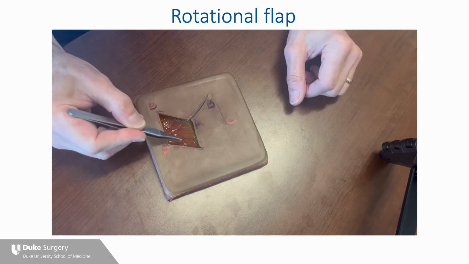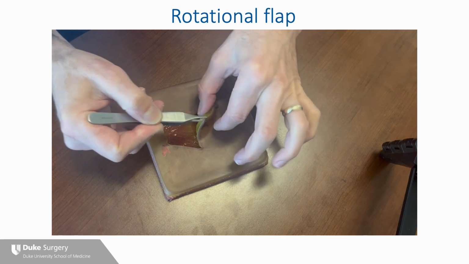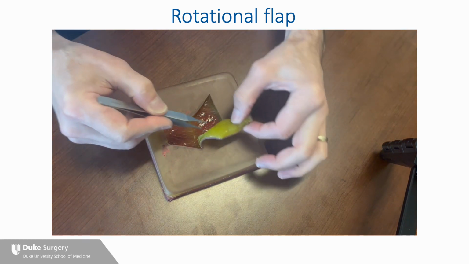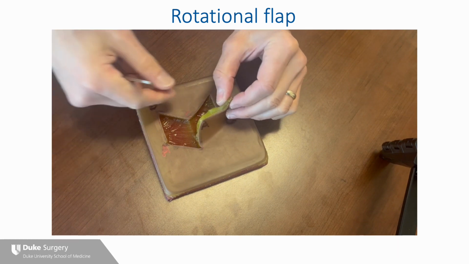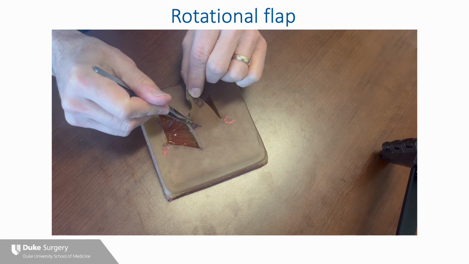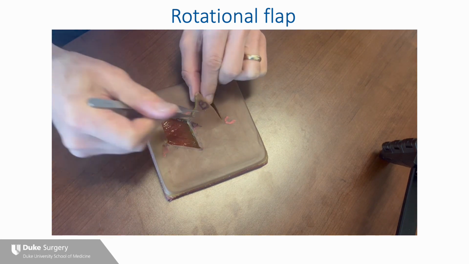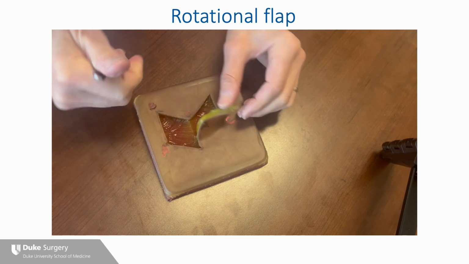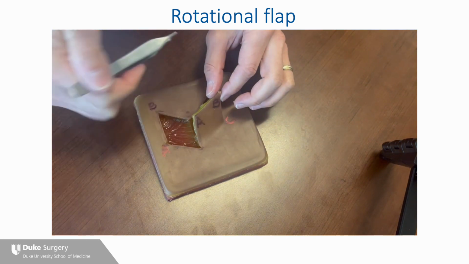Okay, so now you have your primary defect here, and then where your flap is harvested from, you have your secondary defect, okay? And your flap will then be rotated into place with point A coming together with point A on the flap, point B with point B, which is the tip of the flap, and then C with C, and that will close your secondary defect primarily. So as we rotate that into place,